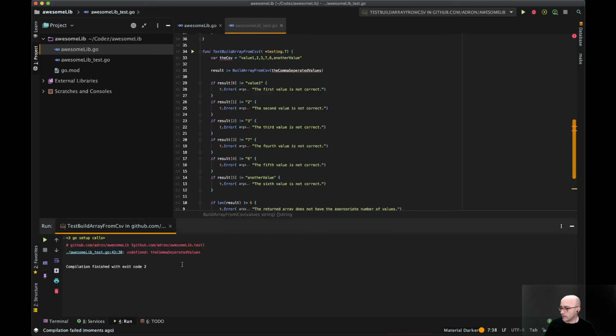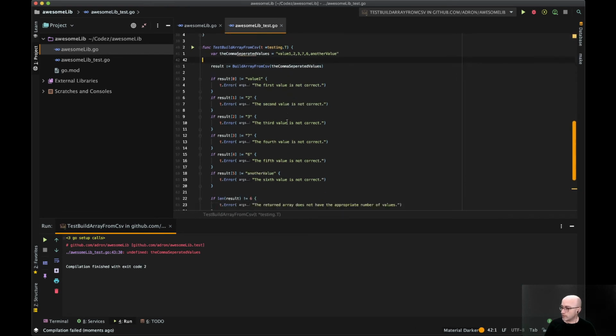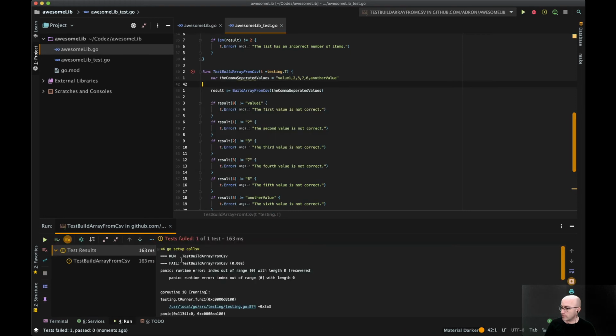There we go. So it blew up, and I wanted to say undefined. Oh yeah, because I didn't rename my. There we go. So now our deal is correct. So let's run that. And it died on index out of range.